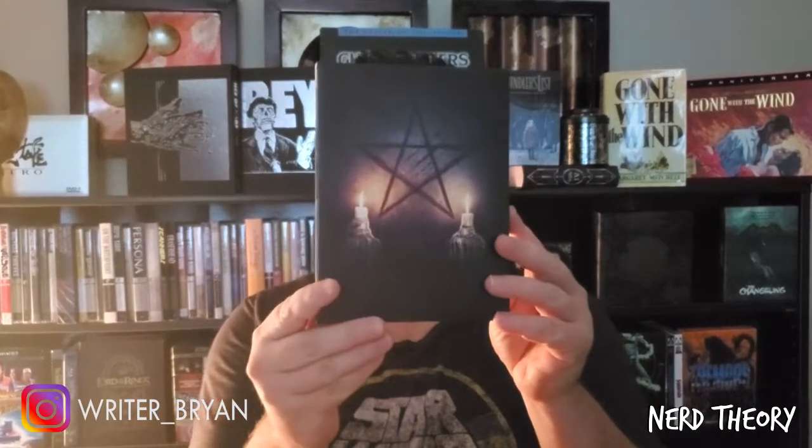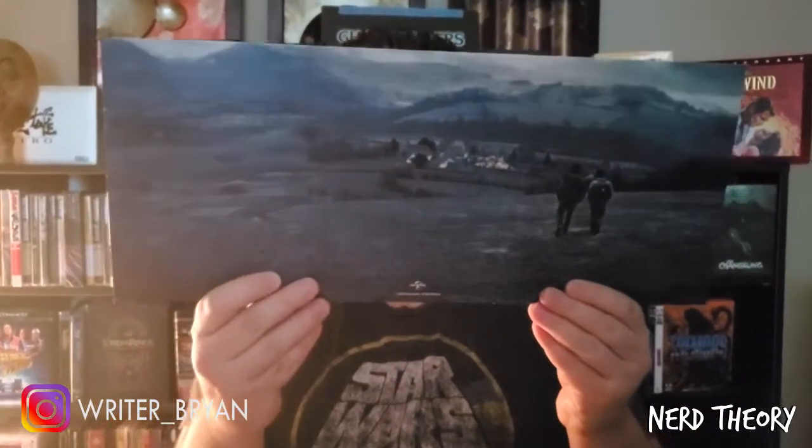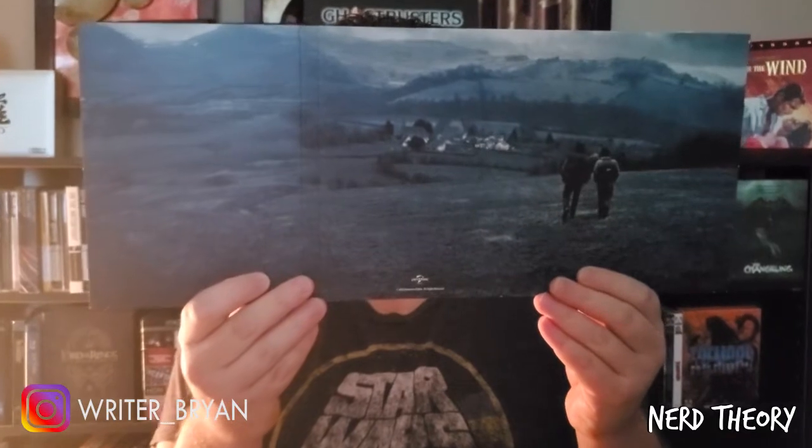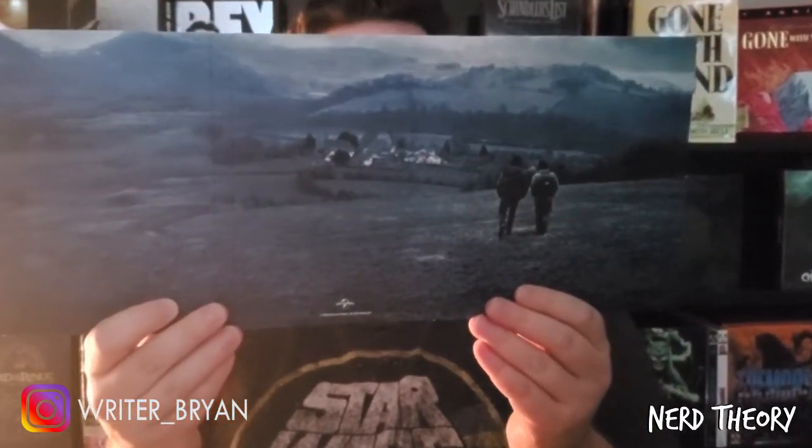Then you get to the good stuff. This is the actual disc case with the pentagram from the pub on the back. Pull it out. I always liked this. I always thought this was kind of a nice touch. When you fold it out, it's them walking along, off the road, the vista. And then when you come around,